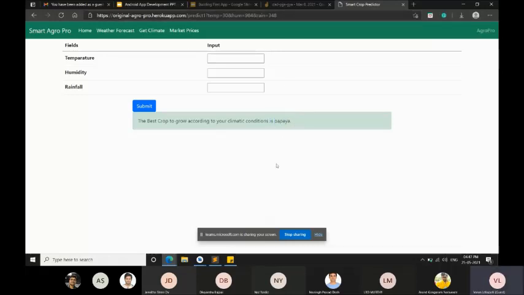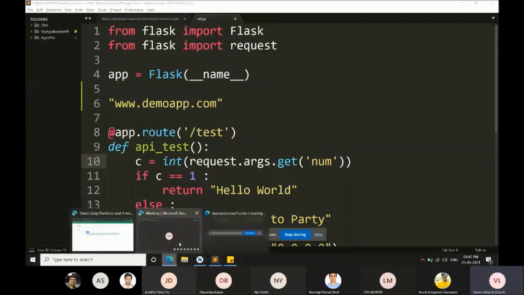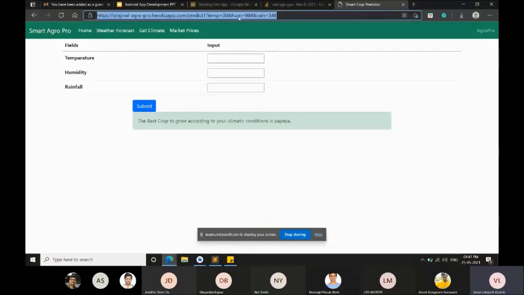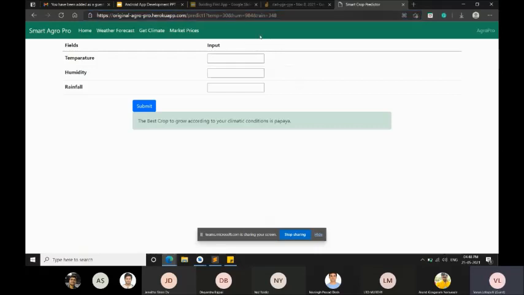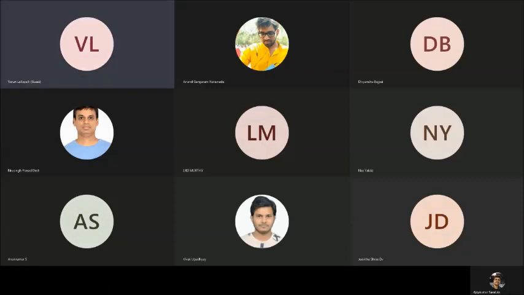Similarly in Heroku also, it's the same thing. You just deploy your Flask application, copy this entire text and paste it over there, and it will give you a website. You can choose your custom name. So my name is originalagroproject.herokuapp.com. So I am sending all my web services and web requests to this particular website. Similarly, you can also use Python Anywhere as I have shown, or you can use Heroku to deploy your web service, and you can redirect all of your web requests to that particular website.